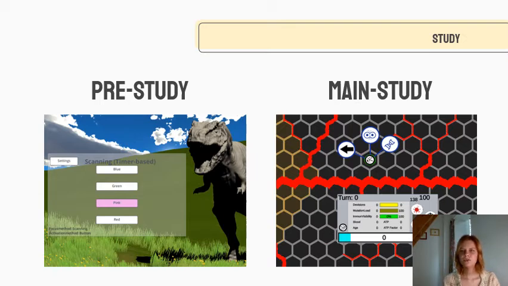And it was useful for different things, but above all, I was able to implement the methods in a small context and to test whether the methods can be used by people at all before putting them in the real game. And the main study was done with the game BioVR and was meant to show how the methods can be used in a specific game and how users perceive them.